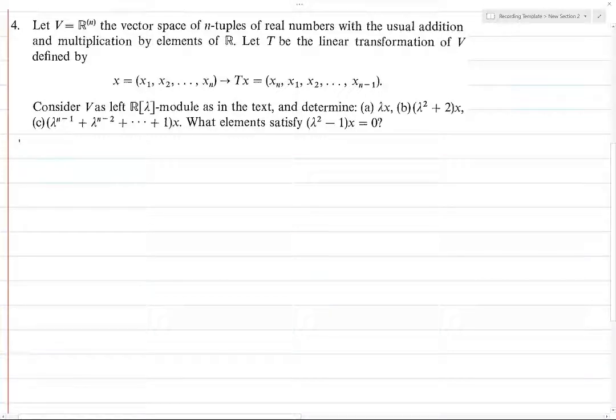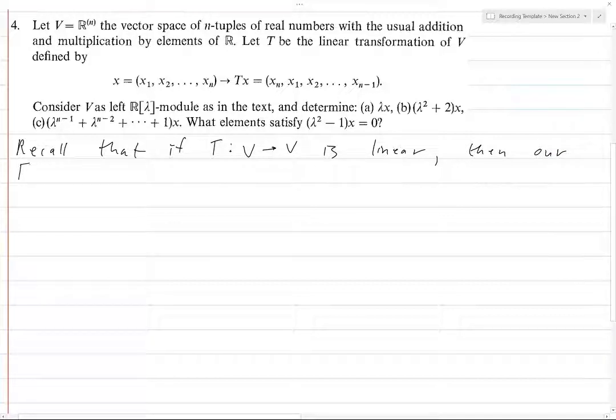So let's recall that if T: V to V is linear, i.e. it's a linear transformation on V, then our F[lambda]-module V will satisfy,